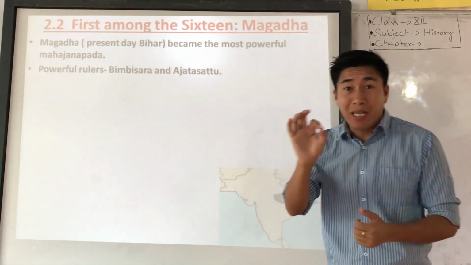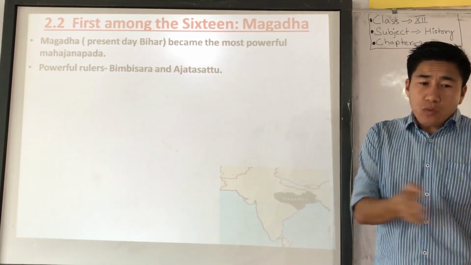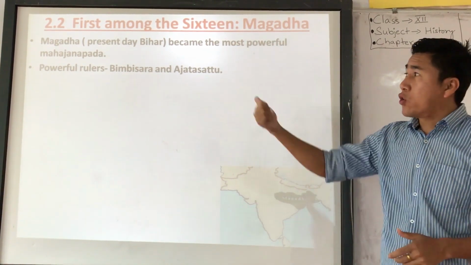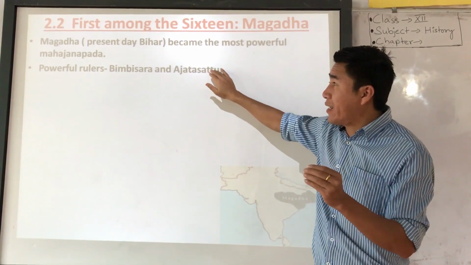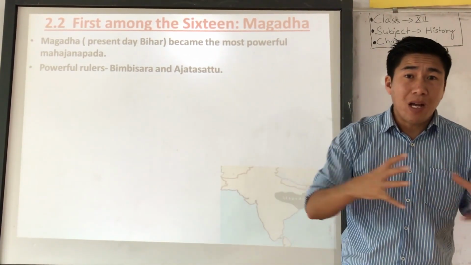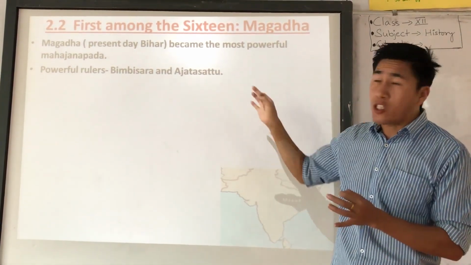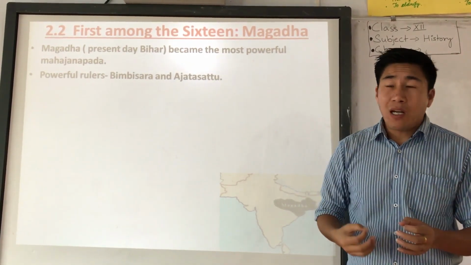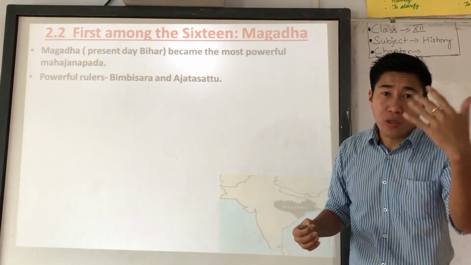And second point, in the exam you need to write in points. If the question is about why Magadha is considered the most powerful among the 16 Mahajanapadas, your answer should be like that. First, don't write like that. If you write like that, then you will not get good marks. You need to elaborate your answer a little bit. Just like powerful rulers were there, like Bimbisara and Ajatashatru, because they are ambitious, they are powerful, they are very efficient. Also, you can write that.